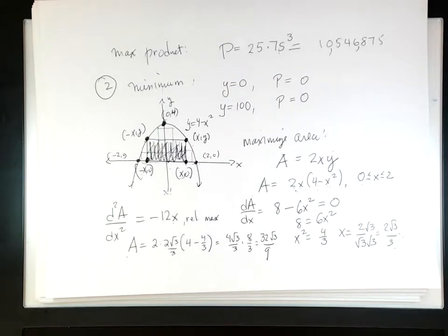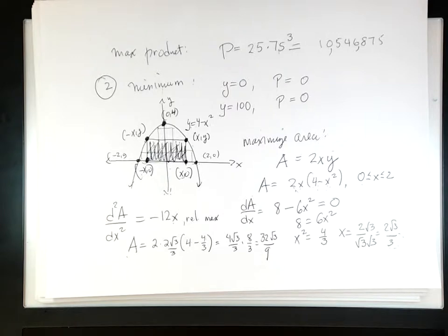So to find the max area of that rectangle, you have to find the derivative, find the critical values, and then take the critical value of x by looking at the endpoints. You take a look at the endpoints to make sure what you have is the absolute maximum. I know I have a relative max by the second derivative test, but do I have an absolute maximum? I'm not sure until I test the endpoints. It's possible that what calculus tells me is the maximum is not the absolute maximum in that